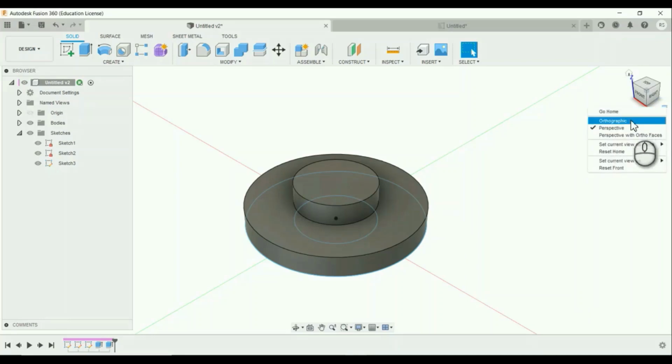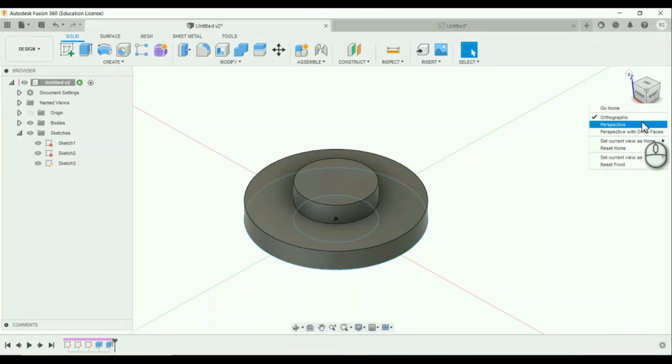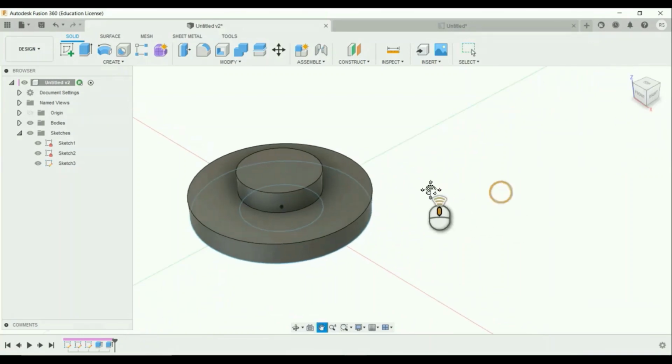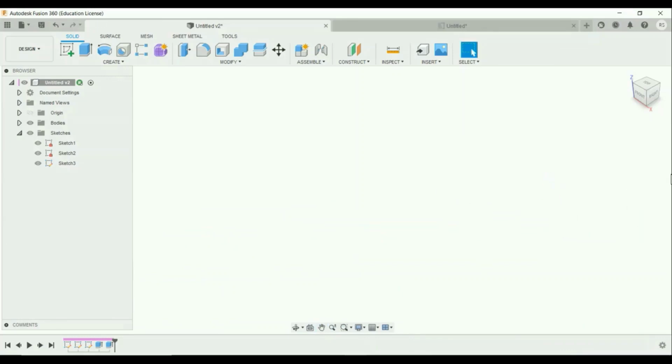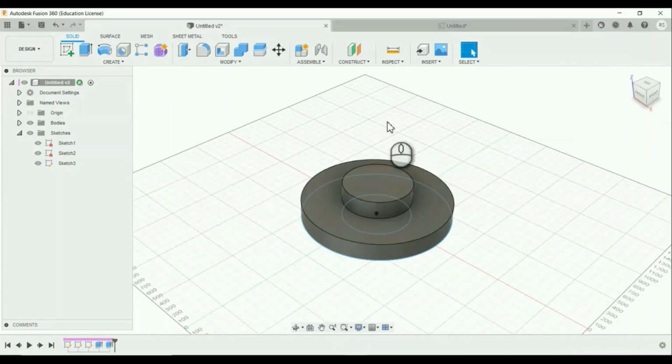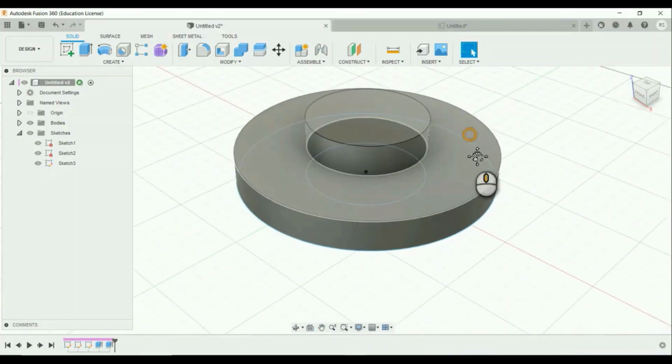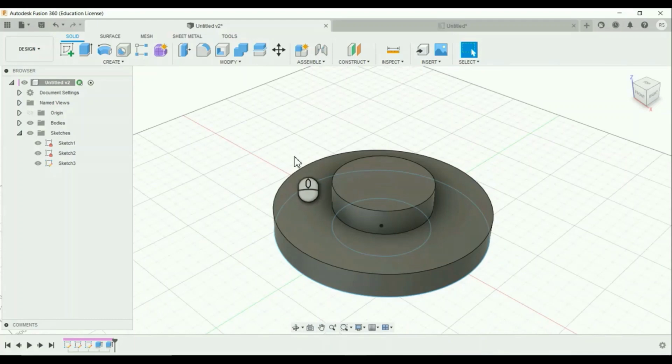Click that and give orthographic if you want orthographic view, and click perspective if you want perspective view. And if you are not able to search the view, you can select the home button to get the normal or original position, like perspective view.